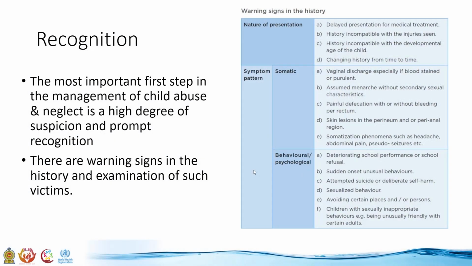Common physical indicators of physical abuse include multiple injuries at different stages of healing, unusual skeletal fractures, bite marks, or burn marks. In addition, physical abuse should also be suspected if the parent's account of the injury is not consistent with the injury pattern, if parents change their account of how the injury occurred from time to time, where parents delayed seeking treatment for an injury, or when the parents are in a rush to leave the hospital before the injury